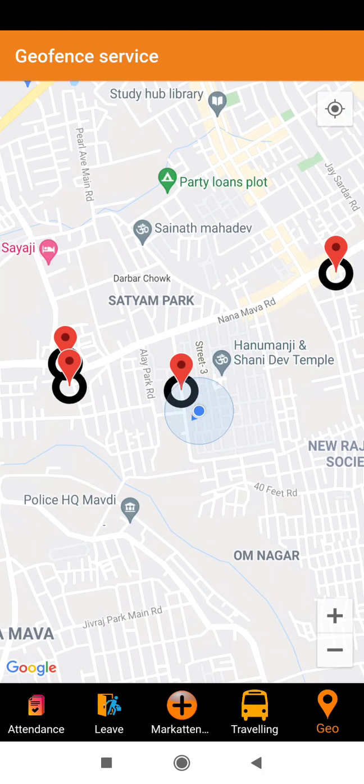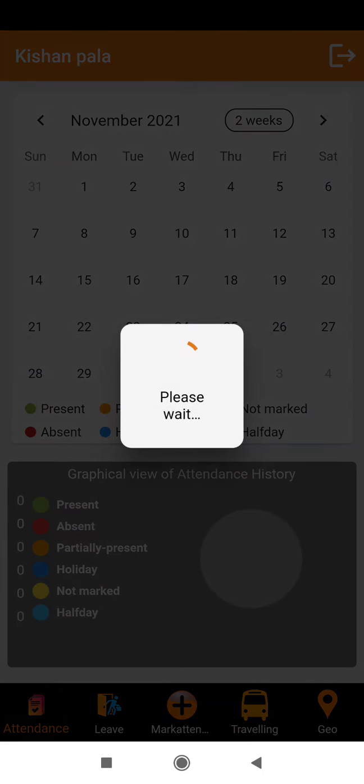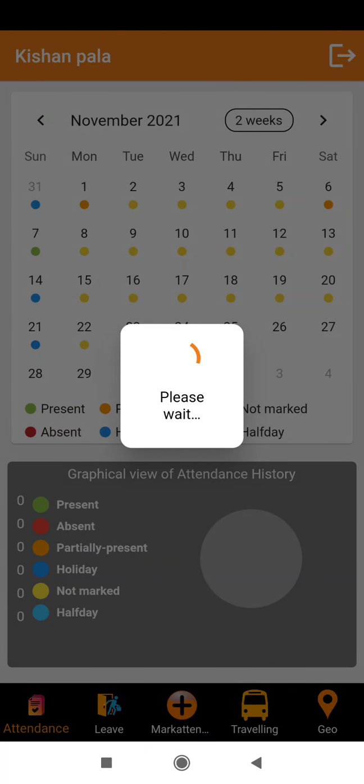The company backend adds latitude and longitude, and it is shown here to the particular employee. Every location is assigned to a particular employee, and the respective location on the map is visible to that employee only. Now I am logging out.